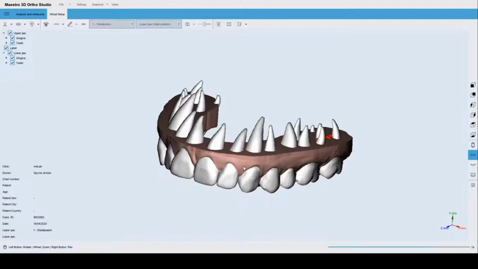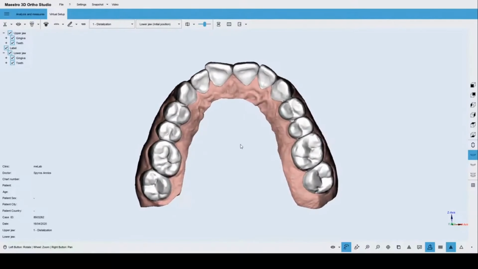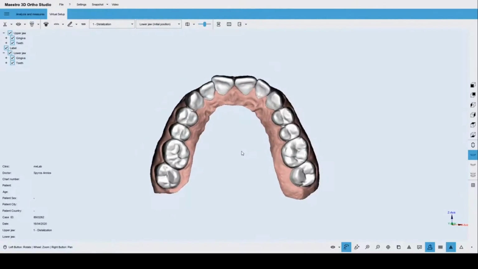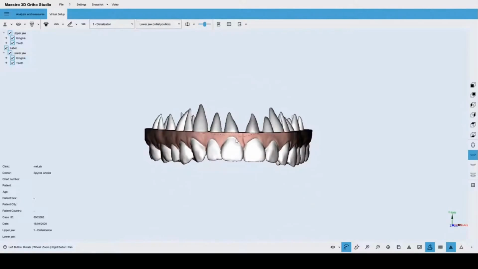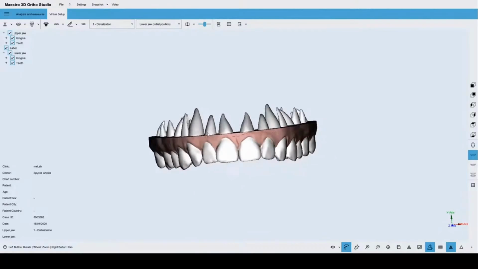Consider that we can also export some other information from the software. In particular, if we want, we can export a PDF report showing in a very synthetic way everything about our case. Otherwise, we can export also a video of our case. And this is a really powerful tool for the communication between lab and doctor. Anyway, we have finished our exportation,